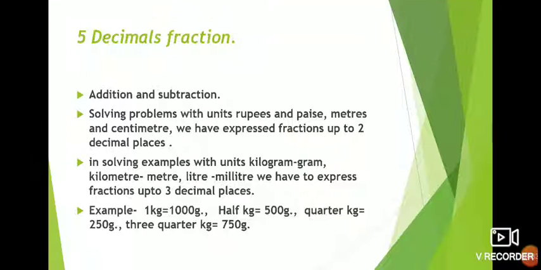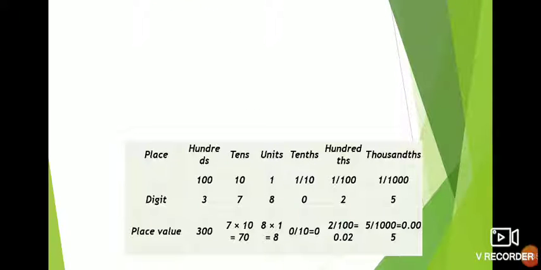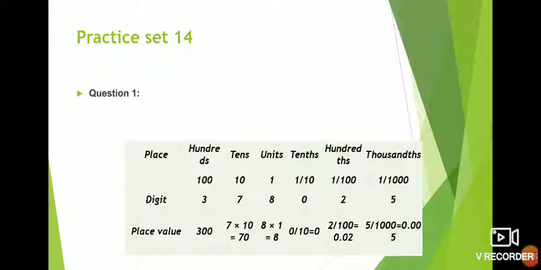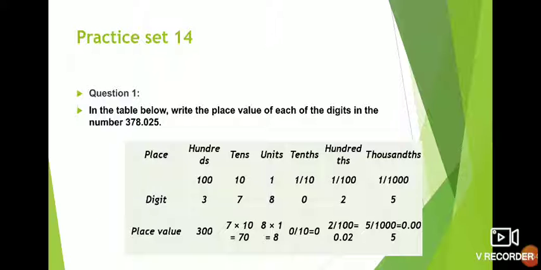Okay, students. Now we will see, whatever we learned, that is 10th place, 100th place, 1000th place, that we are writing in practice set 14. Okay, so what is the question? That first we will see. Question number 1, in the table below, write the place value of each of the digits in the number